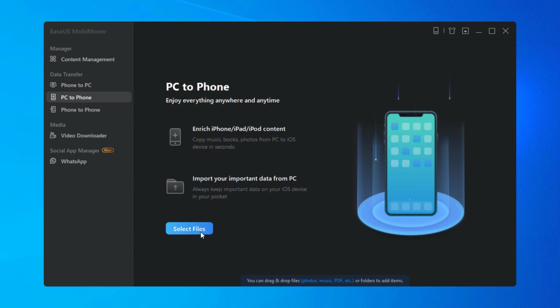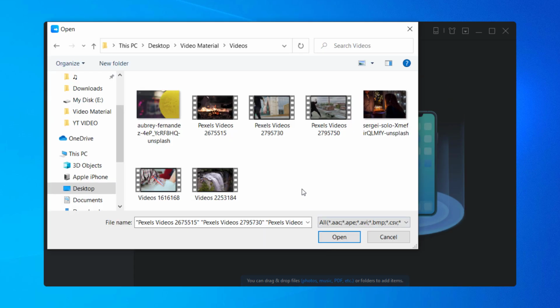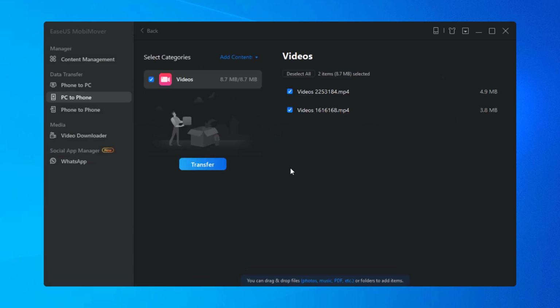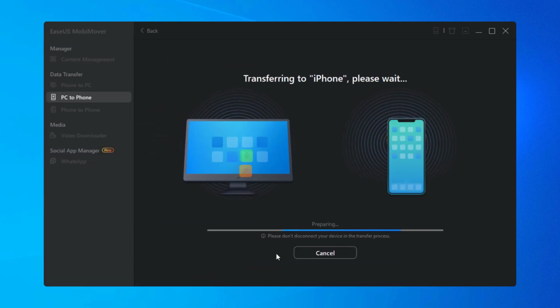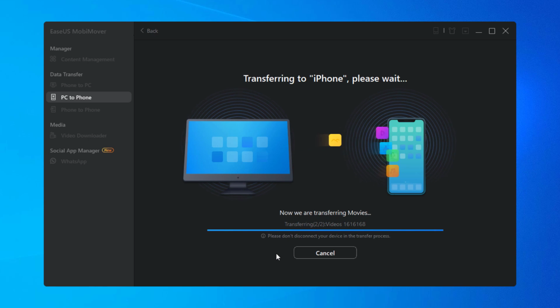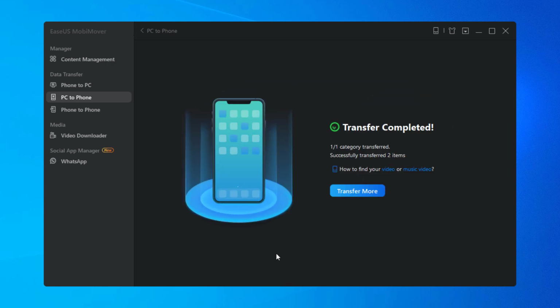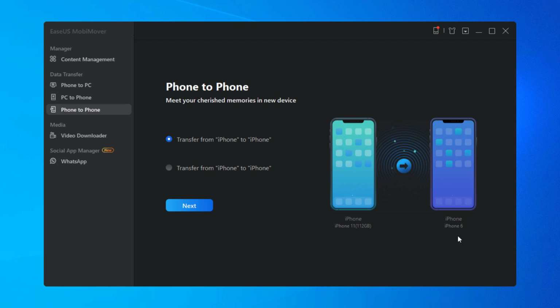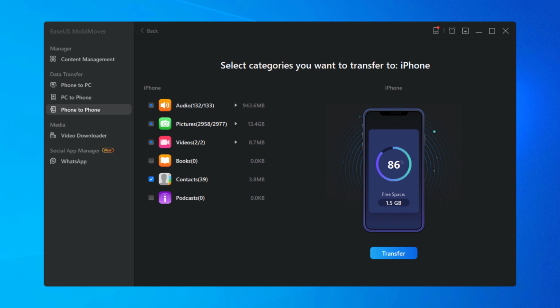With this feature, you can transfer anything from PC to iOS device directly in a single click. And next we have the phone to phone transferring feature. To transfer files from one iPhone to another iPhone, just simply plug in both iPhones to your computer and you can then easily transfer things between the two devices.